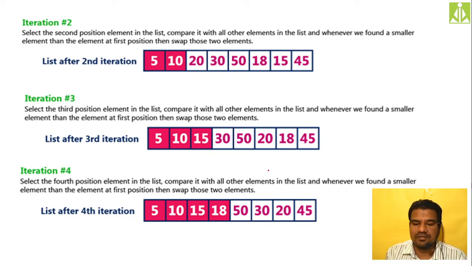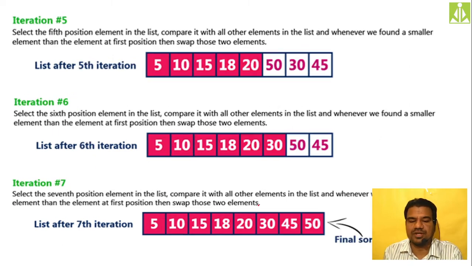And in the third iteration, 15 is the smallest element, so 15 will come in its position in the third iteration. As you can see, I have written the iterations over here. Second iteration, second element is coming in its right position. Third iteration, third element. In the fourth iteration, the fourth element is coming in the right position, as you can see, 18. Likewise, in the fifth iteration, 20 will come over here; the value 20 came to its right position. Then in the sixth iteration, 30 will come in its right position. As you can see, this one, 30.